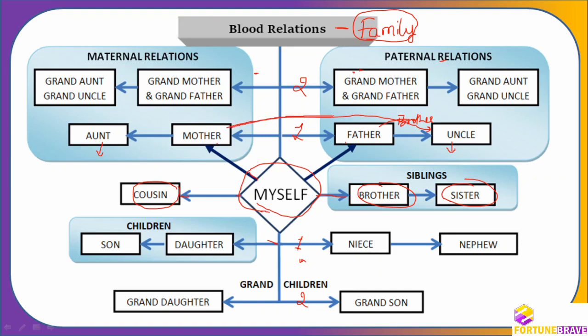I have put one more mark here. Okay. So uncle is not only related from father side, he is also related from mother side. So it can be from mother side or father side, both side. Your mother's or father's brother is your uncle. Okay, your father's brother is also uncle, your mother's brother is also uncle. Is that clear? So uncle is from both sides, paternal side, maternal side.